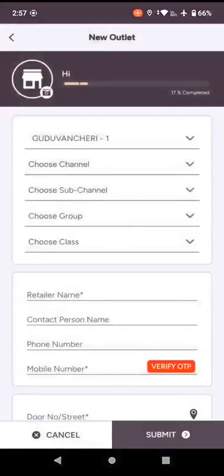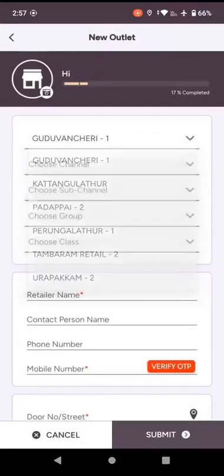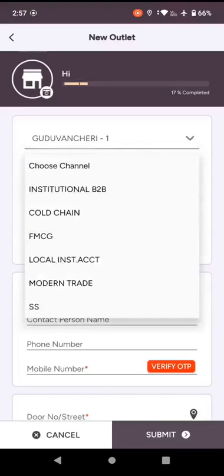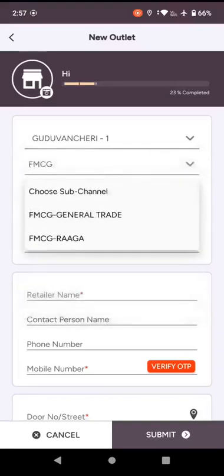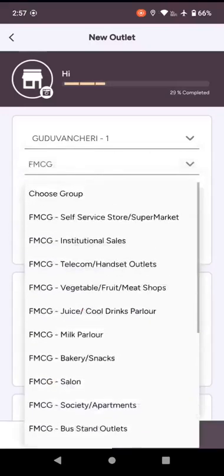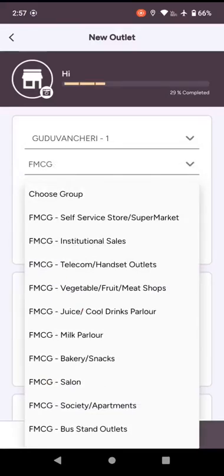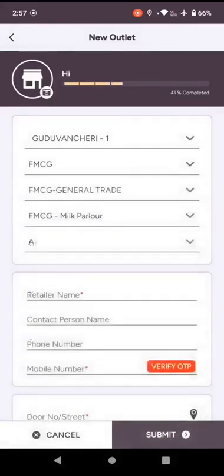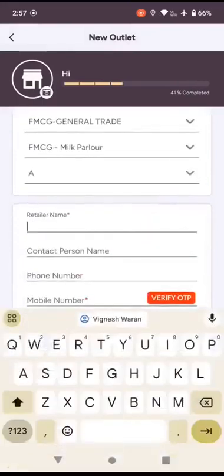In add outlet there are no changes, we are remaining with the same process in the new version also. Once you click that plus button, you have to select the route and channel, sub channel, the group in which this retailer needs to be mapped, and class, retailer name,